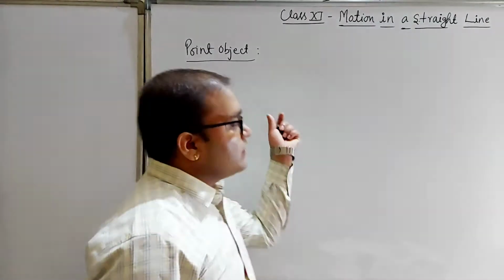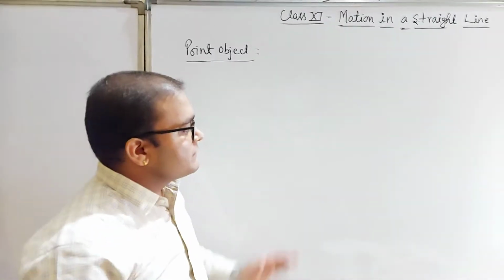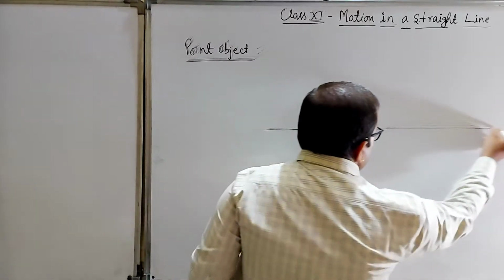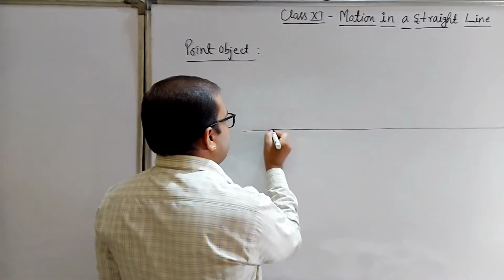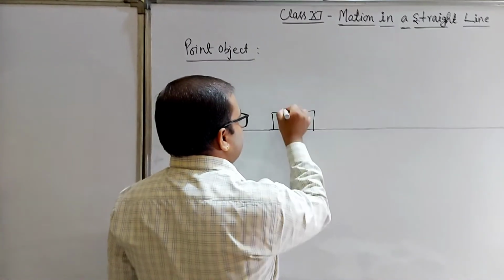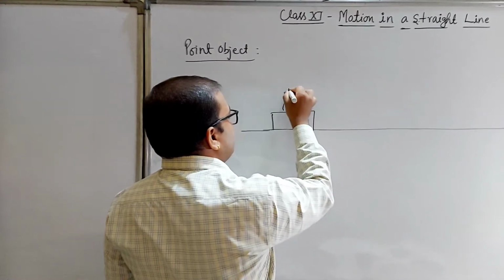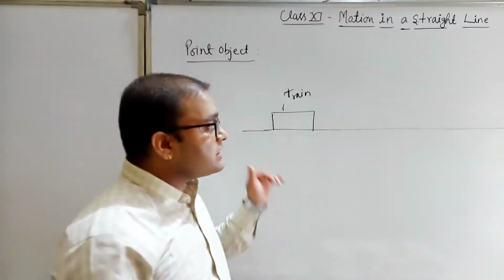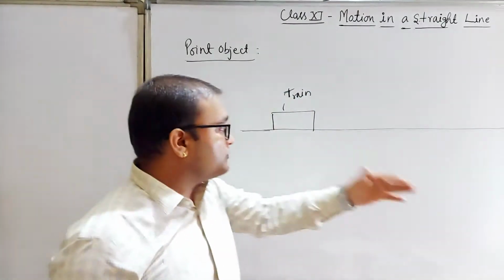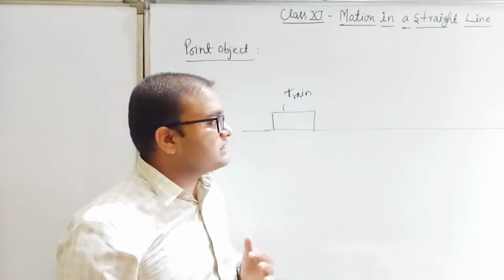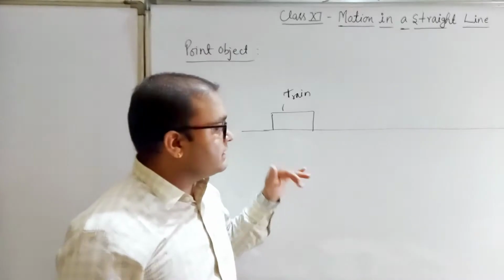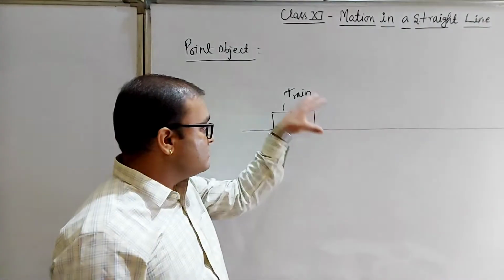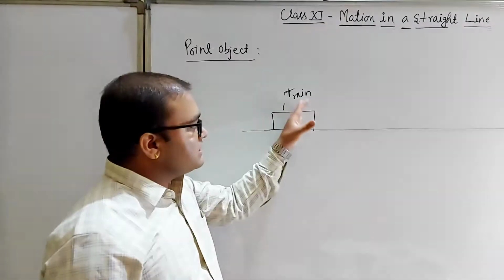So what is a point object? Suppose this is the route of a train, and suppose there is a very long train. But if this train travels a larger distance in comparison to its size, if the train covers so large a distance in comparison to its own size, then